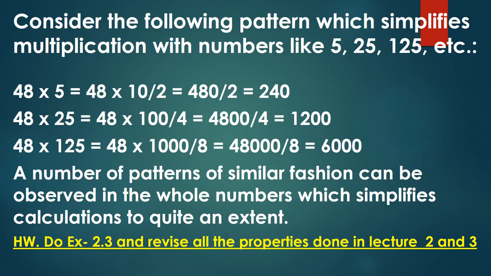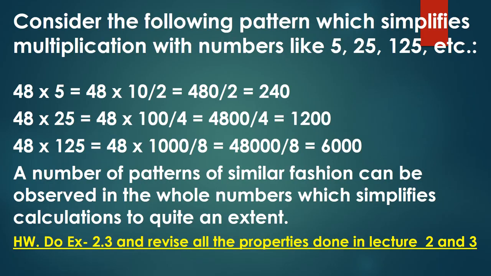Next is 48 multiplied by 25. Now see how we can write down 25 when we change it in 100, 1000, in zeros. It is 100 divided by 4. You know very well 25 fours are 100. So 100 divided by 4 is 25. So it is 48 multiplied by 100 divided by 4. Now multiply 48 by 100 first. You will get 4800 and then divide it by 4. Your answer is 1200.